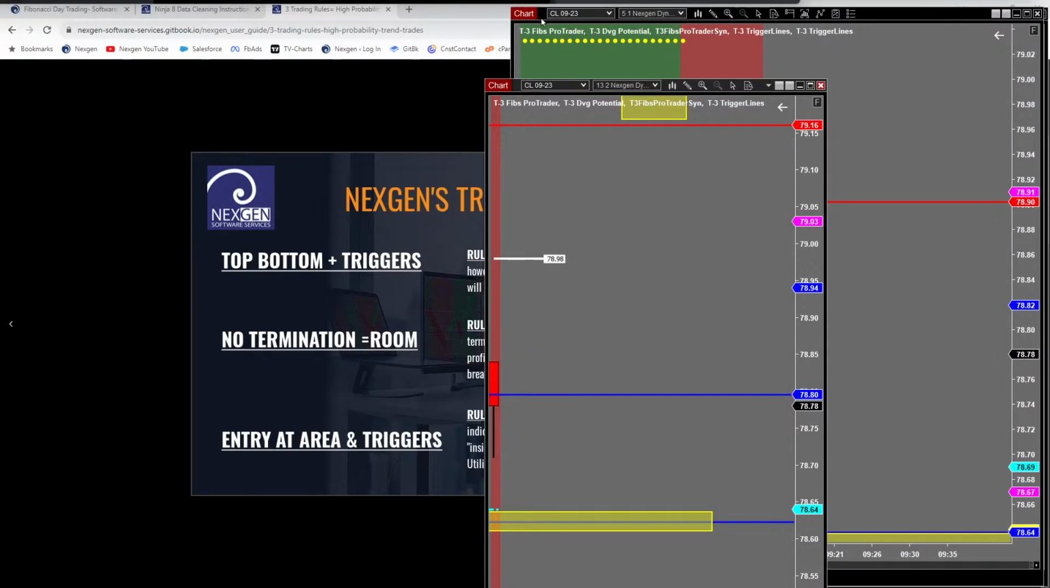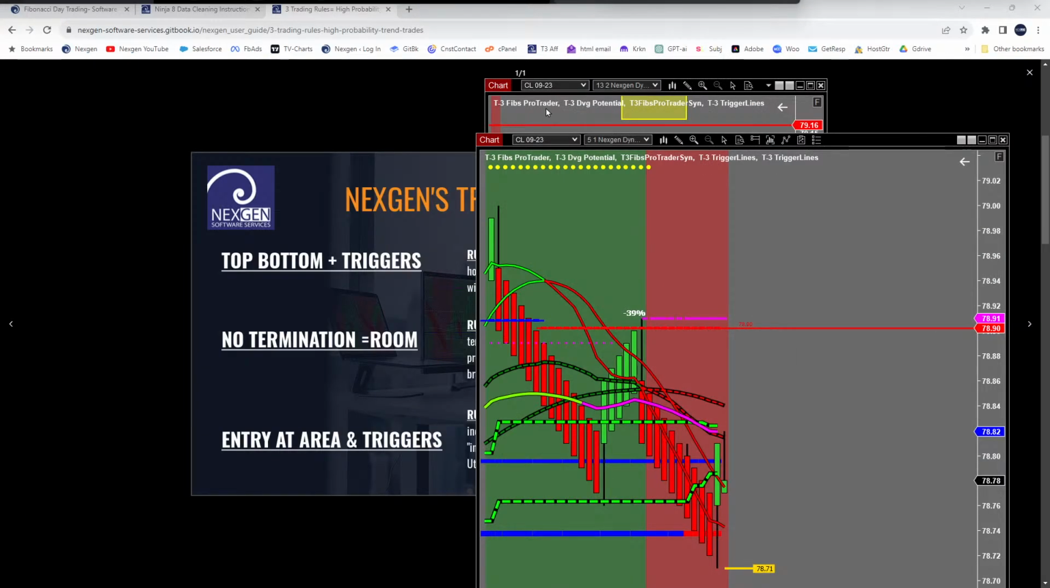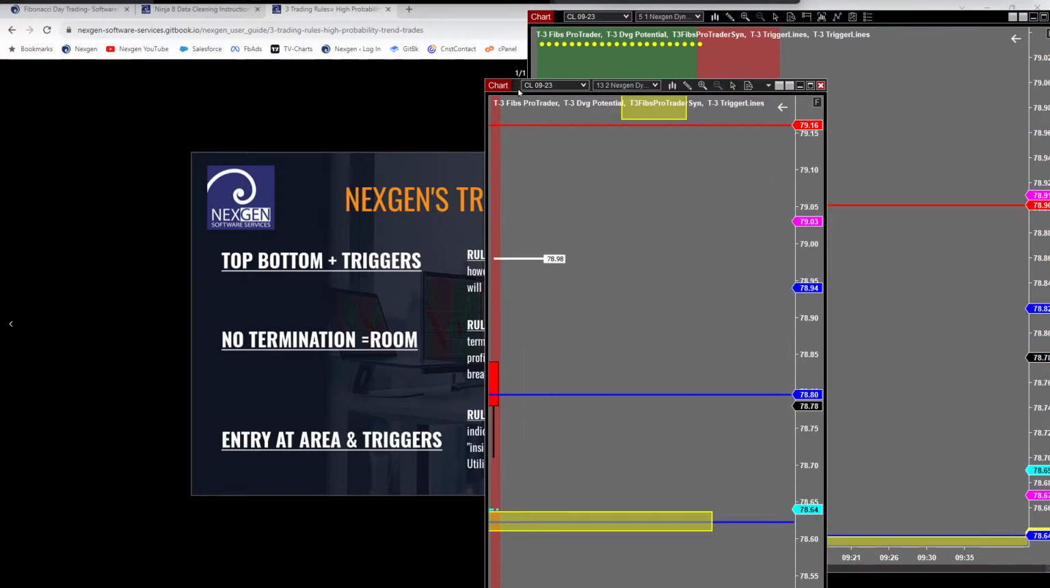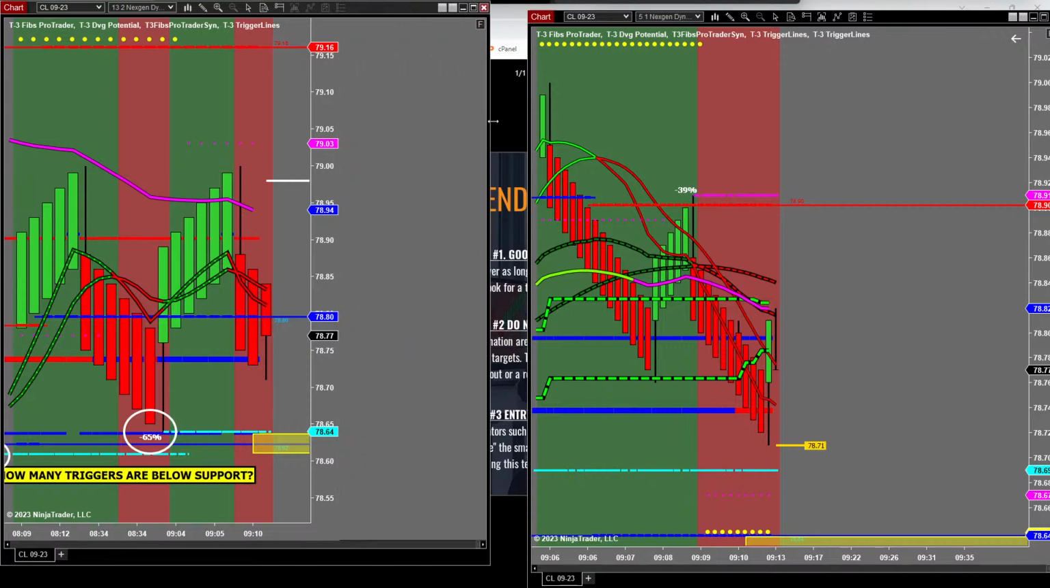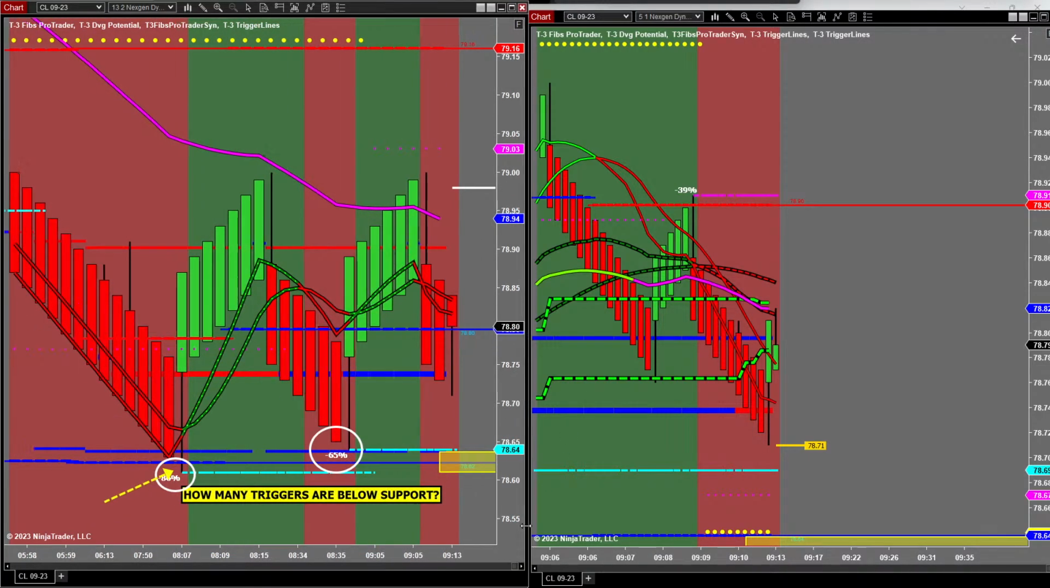Bear with me here. We'll move this over. Get that range chart out of the way. All right, bear with me. I should have just put all my workspaces in one workspace instead of two workspaces. It'd be easier. All right, so